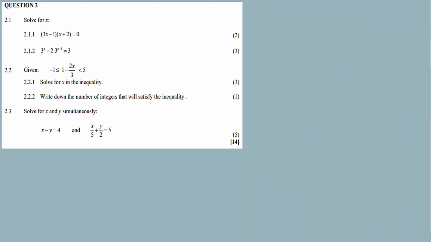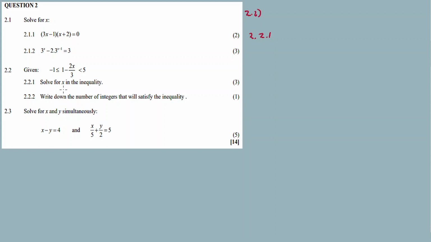2.2. The second part of the question. This time it's an inequality equation. In grade 11 and 12 you were taught something called a quadratic inequality, right? It's a quadratic equation with an inequality sign. So this is just a linear inequality. So lana we are given